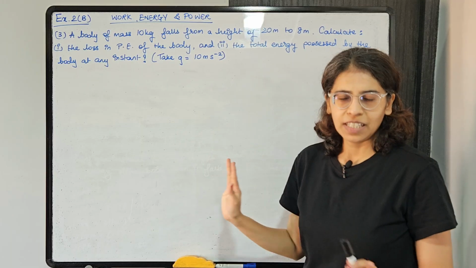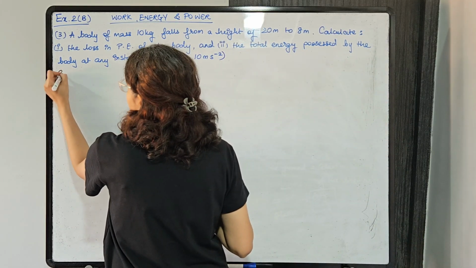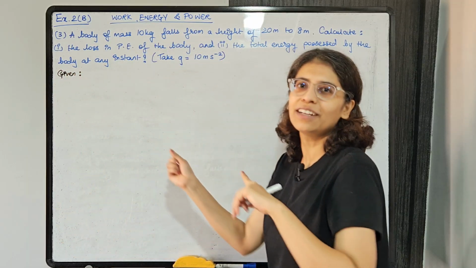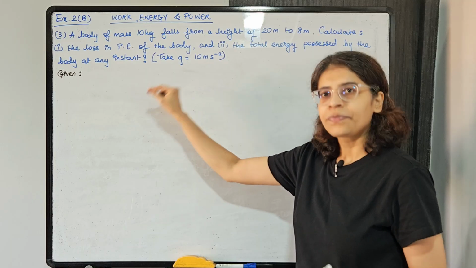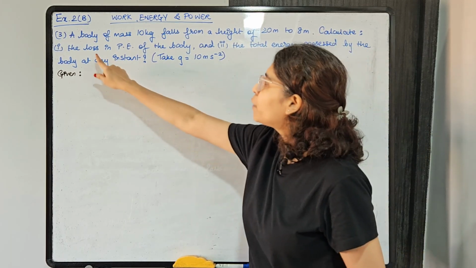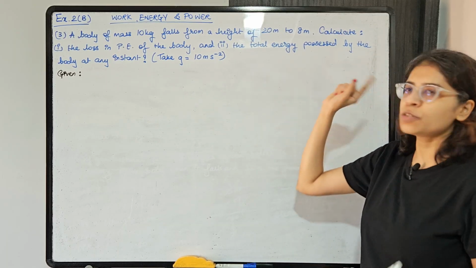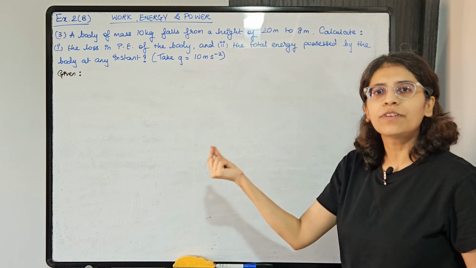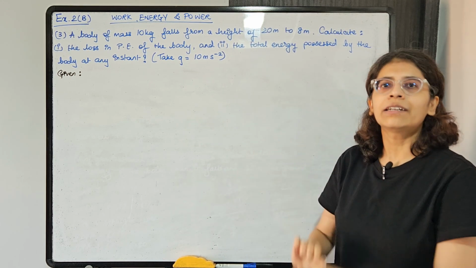Very easy. So first write down the given information. Now in previous two questions, I did not write according to the format. Always write down the given first, then the to find part, whatever you need to find out. Here we need to find out the loss in potential energy of the body, and next the total energy possessed by the body at any instant. So write down given, write down to find, write down the formula or formulae that you need to use, and then start with the solution.